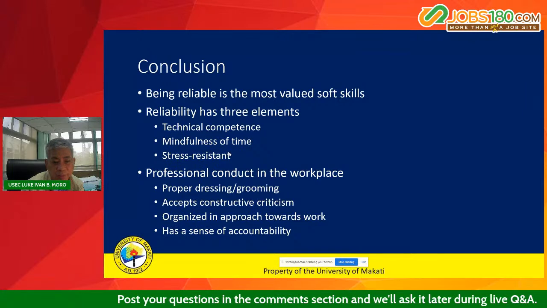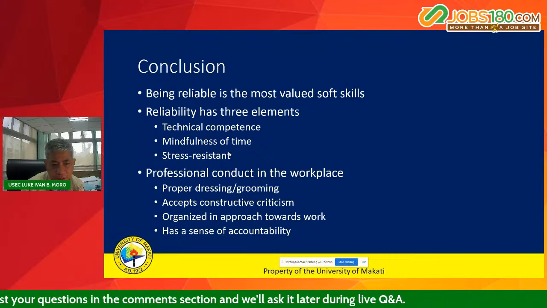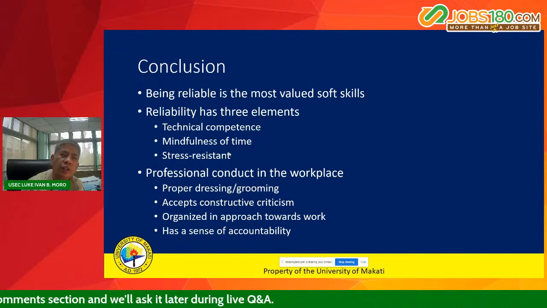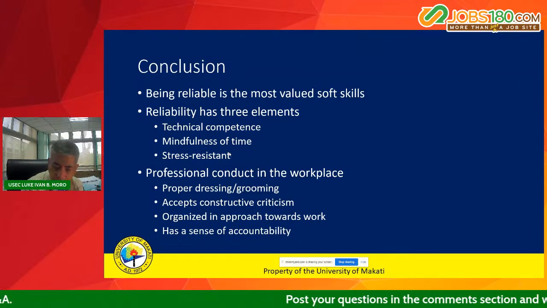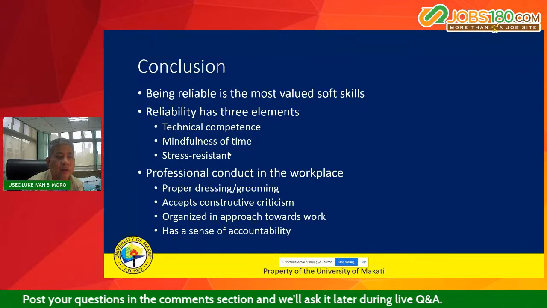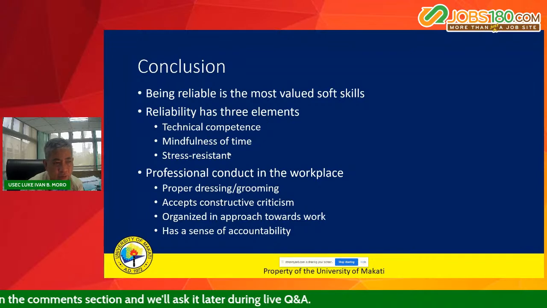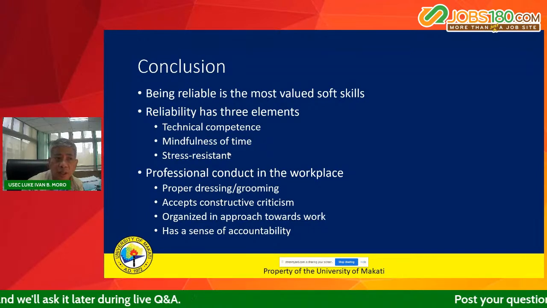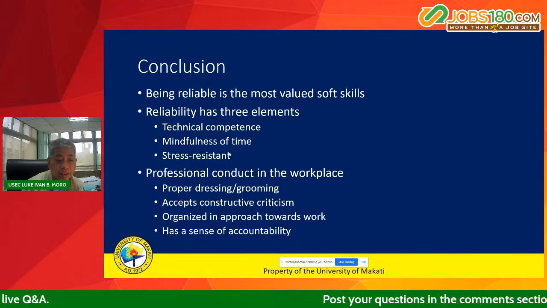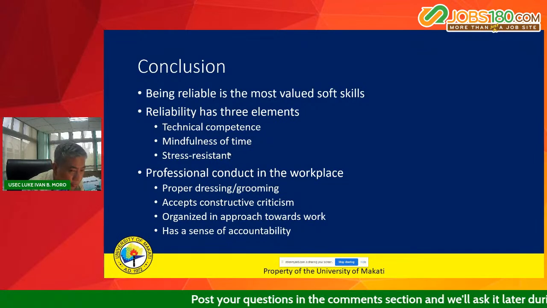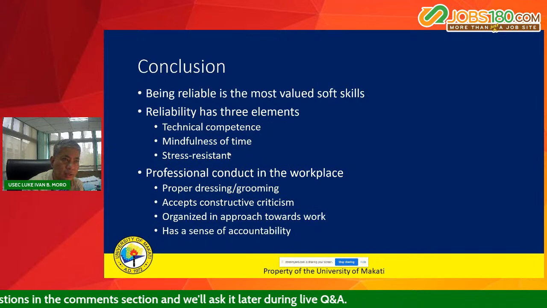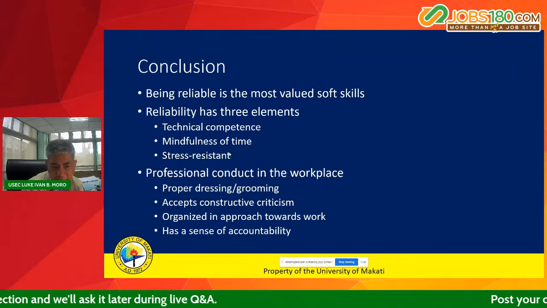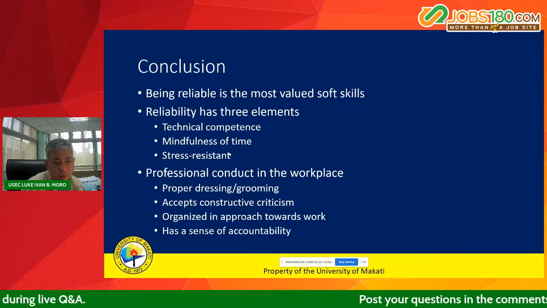Be able to accept constructive criticism. So, you have no control on how criticism will be phrased, no? Sadly, katulad yung nangyari kay Roque. So, di ba, na-expose yung ano niya. So, some criticisms are not constructive. More often than not, they're not constructive. Okay? So, but take it as a lesson, as a learning experience, and because